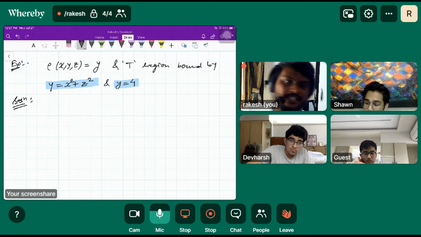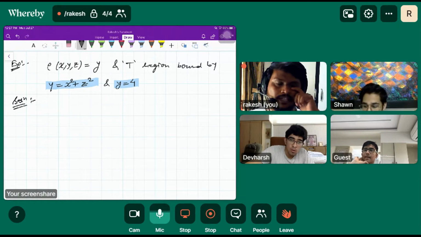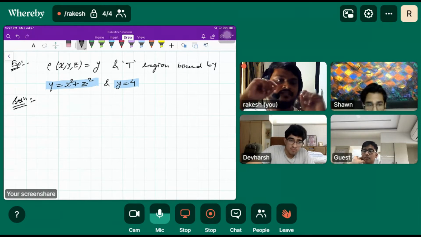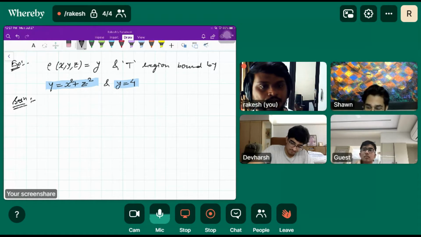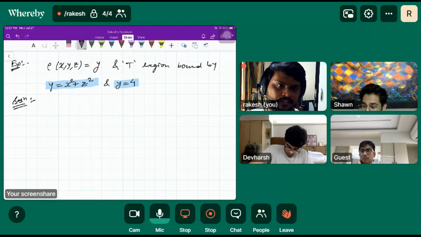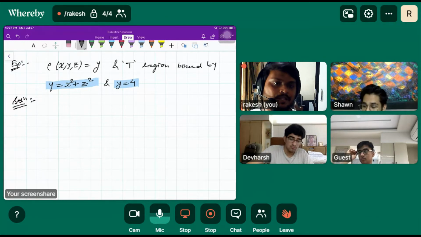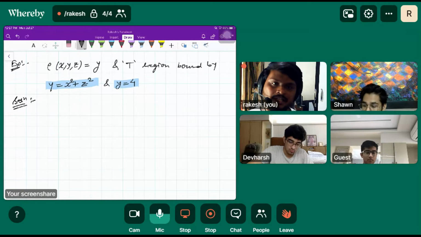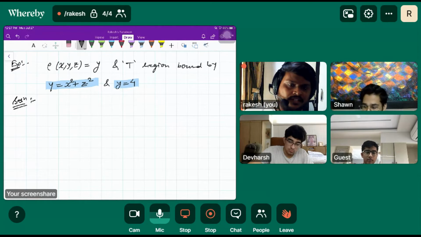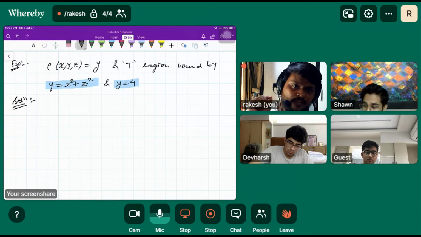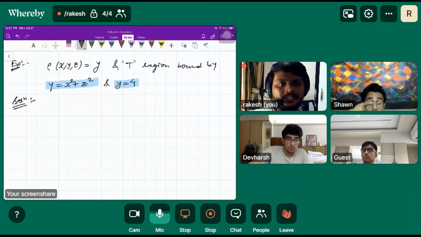For z simple, we must have two surfaces defined by z equal to f of x comma y. We don't have that equation here. So as Manav said, we should go for y simple, because it is clearly observed from the region that we are given two functions in terms of y is equal to f of x comma z.